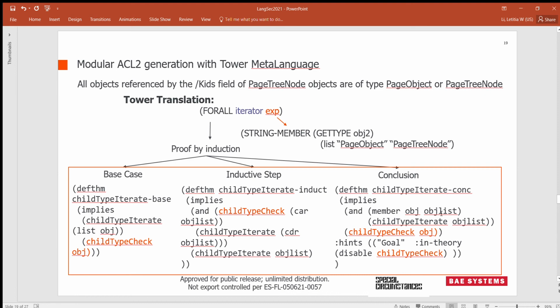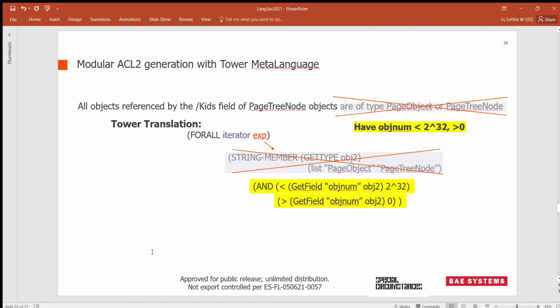As we note, this proof by induction is independent of the actual properties checked by the lower level child type function. We only need to know that it returns a Boolean. So that's the advantage of Tower, that the expressions are independently modifiable, and we can easily create additional rules without manually writing more proofs. For example, here we want to write that object numbers must be within a certain range,